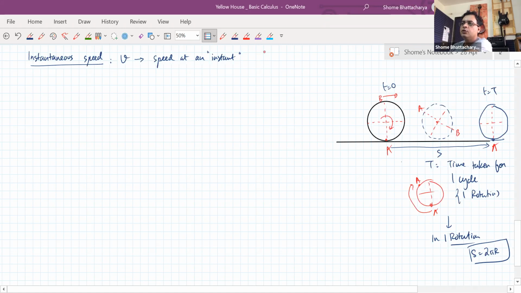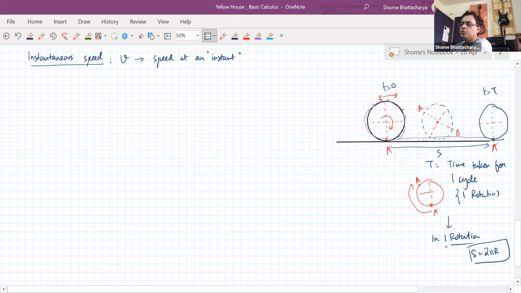Okay. Now think of a simple experiment. Suppose I sprayed some paint onto the wheel, a paint that can stain the ground. So what happens as the wheel rotates by one full cycle and rolls over? What will happen? Every point where the paint is sprayed is coming into contact with the ground somewhere or the other, right? So what will be the length of the paint stain? It will be the length of the circumference in one cycle,